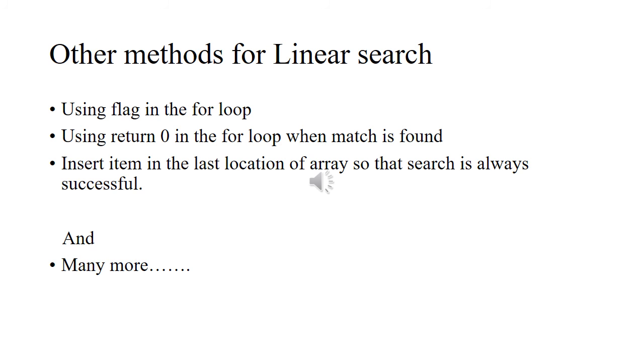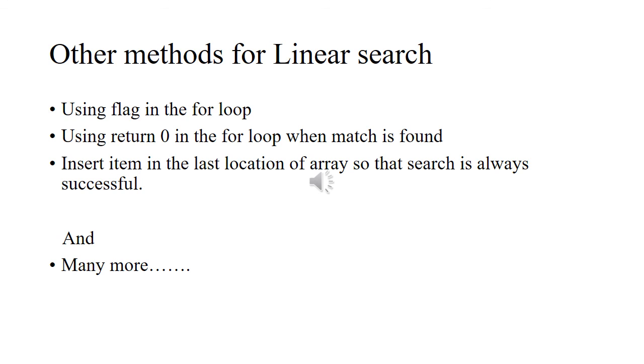If you search on the internet for linear search algorithm on arrays, you will find different methods. One of the methods is to use a flag in the for loop. In the for loop, they use a variable with the name flag. Initially, the value of flag is 0. In the for loop, if the match is found, they set the value of flag equal to 1. If the match is not found, they will not change the value of the flag. After coming out of the for loop, they check the value of flag. If the flag is 0, they print the element was not in the list. If the value of flag is 1, they print yes, the element is found in the list. So this is one of the methods.